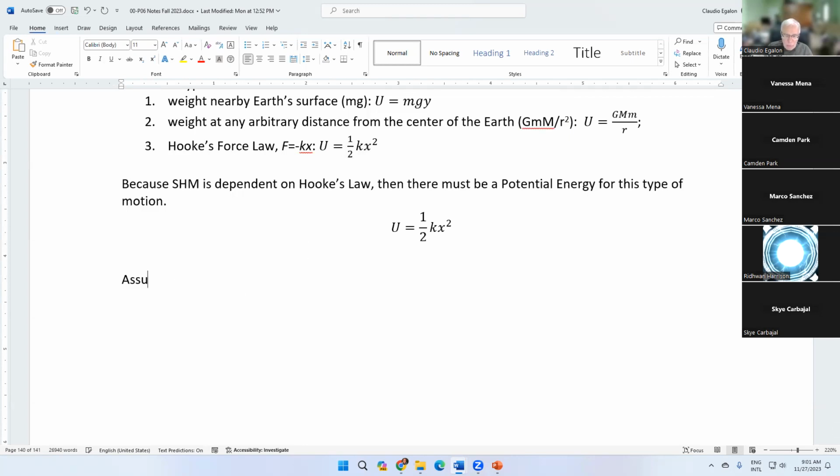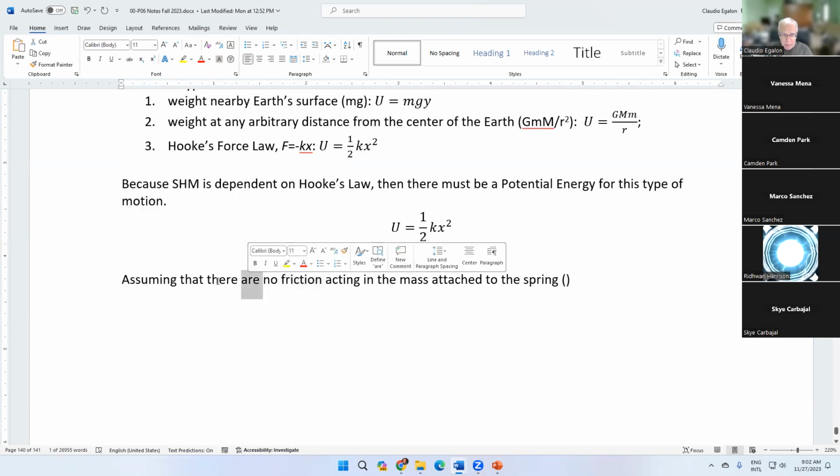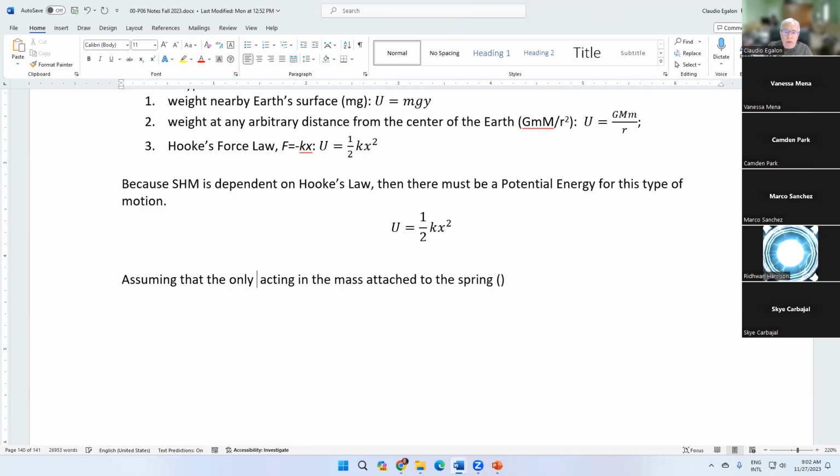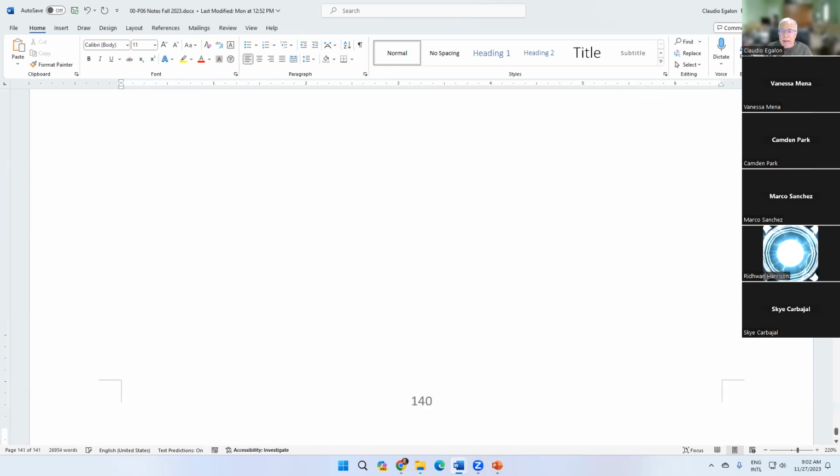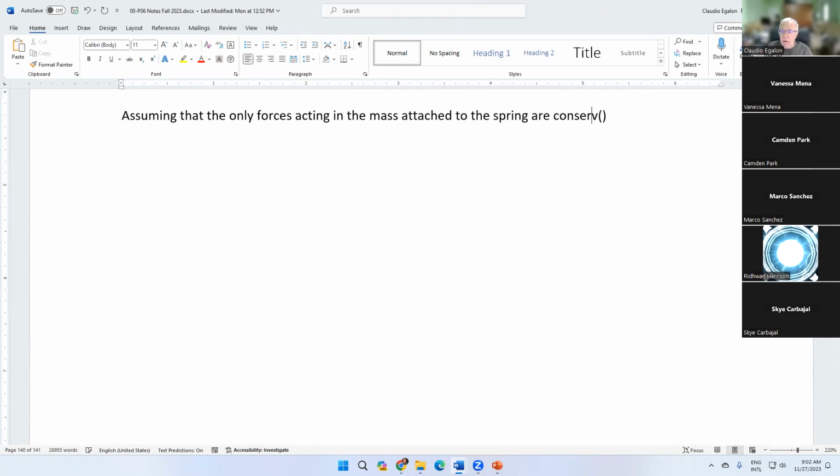So assuming that there is no friction acting on the mass attached to the spring, let's be even more general: instead of saying there is no friction, assuming that the only forces acting on the mass attached to the spring are conservative forces,